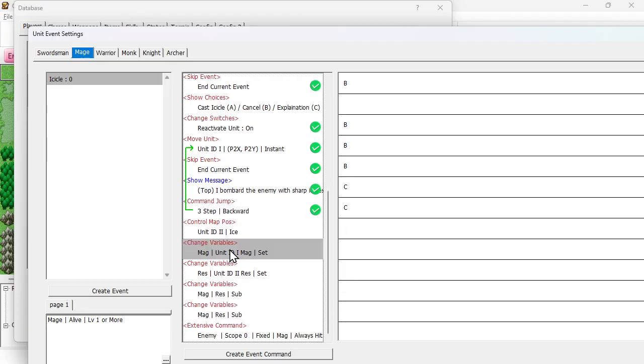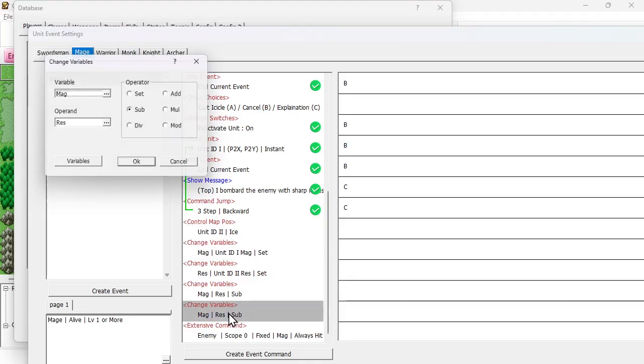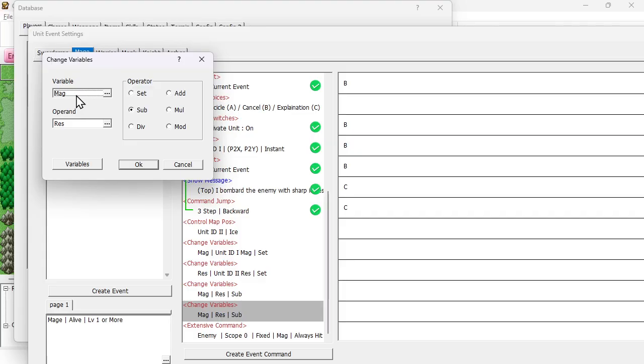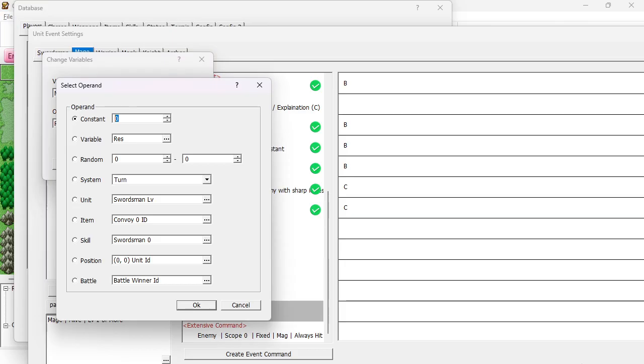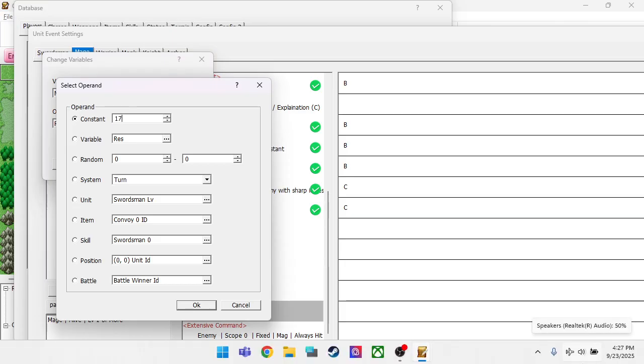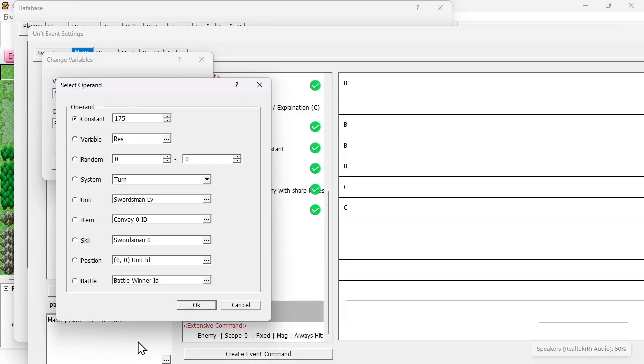Right now we have, let's say our unit has 7 magic and the enemy has 0 resistance. It will do 7 damage. It just subtracts the one from the other. But now I want to add a modifier. So we stored that damage as magic, and now I want to multiply it. In this case, I'm going to multiply it by 175,